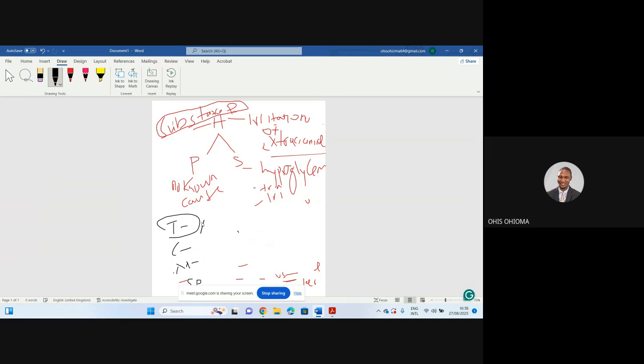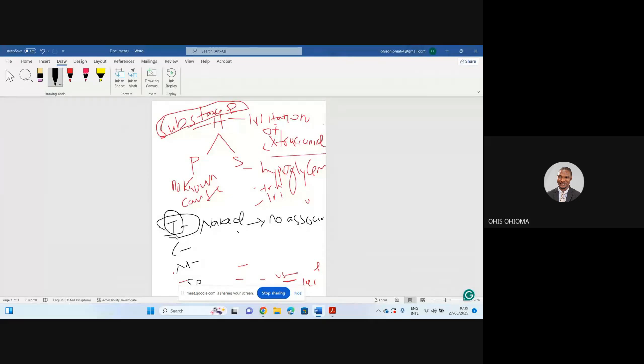I usually call this a naked headache. That's how I remember it. So it has no associations whatsoever. That's why I call it naked headache. So you see, the patient comes to you, oh doctor, I'm having a headache. The patient does not have any aura, does not have any vomiting, does not have any nausea, does not have any lacrimation, does not have anything at all. The headache is completely naked. I call it tension headache.